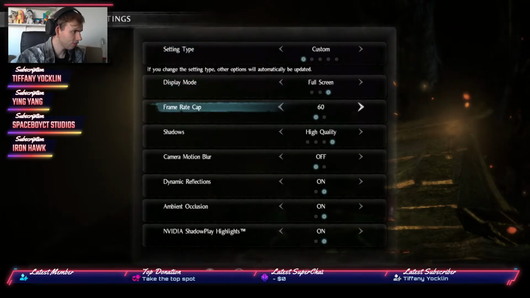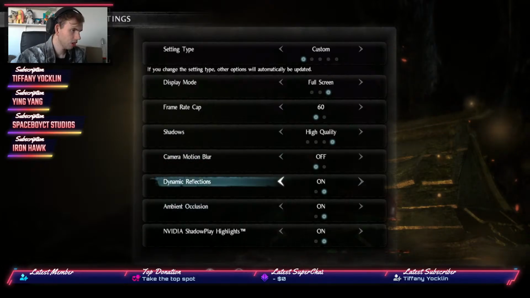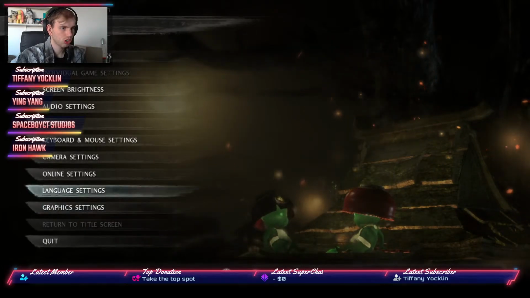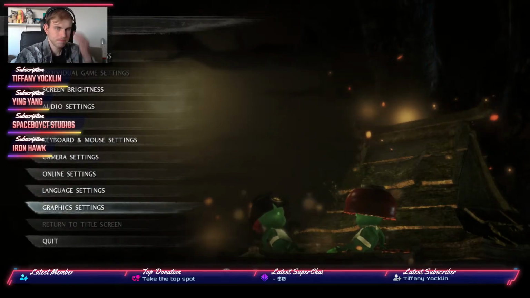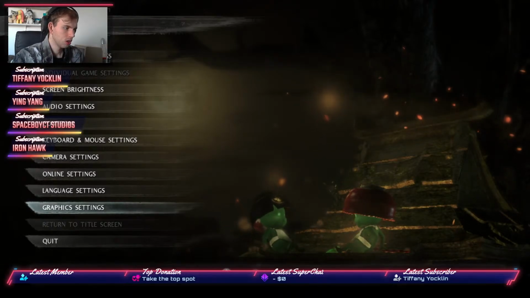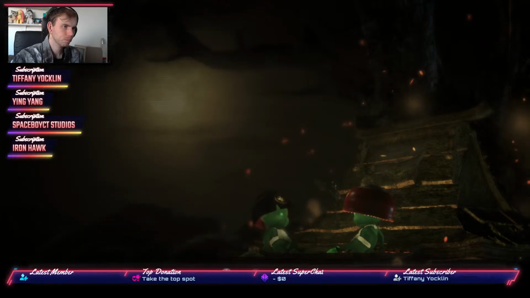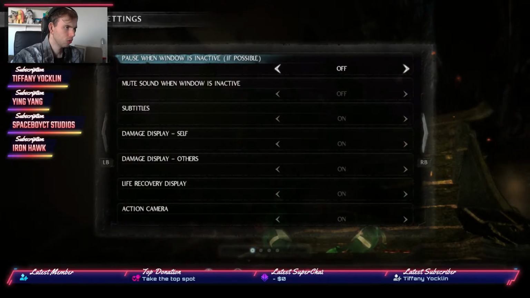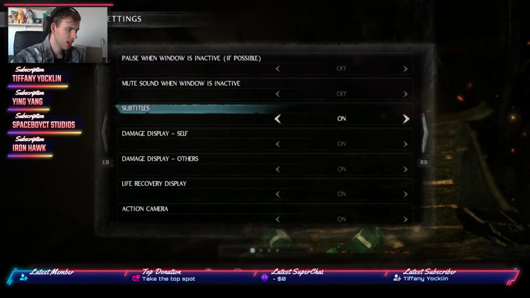Oh, I can do this in cinematic. There is no option for resolution in this. That makes me feel good. Okay. Pause when window is inactive if possible. Subtitles, yeah.